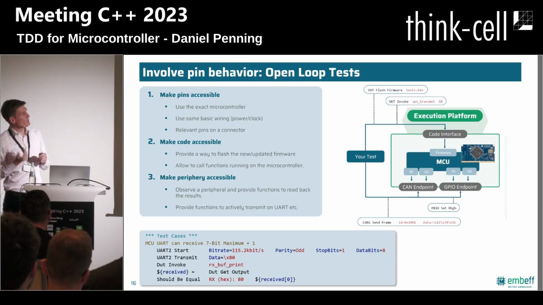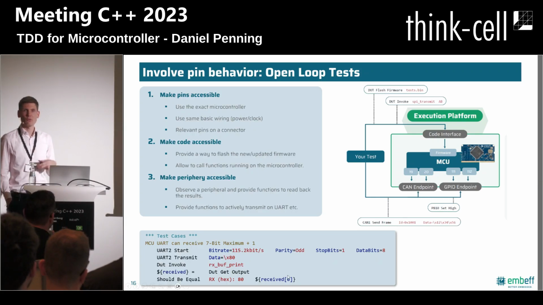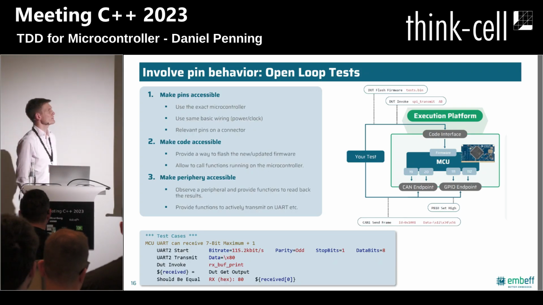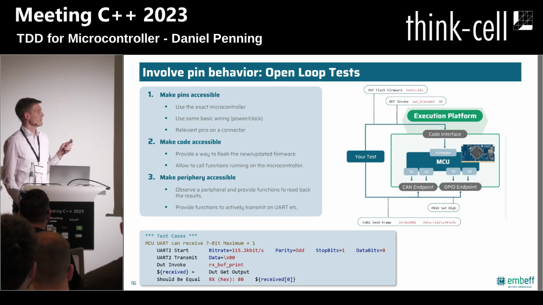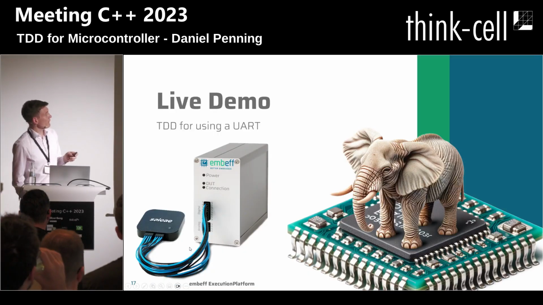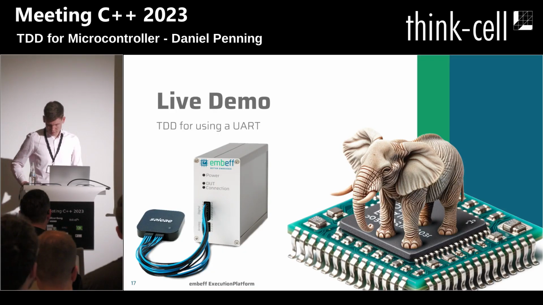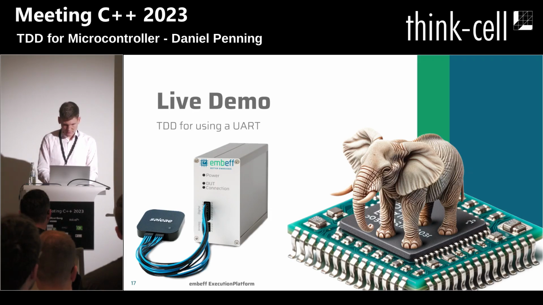And then, with this principle in place, you can write tests. The tests for our system are written in Robot Framework. It's an open source framework, a really good framework for all kinds of automation. If you go in this direction, take a look at Robot Framework. Highly recommend it. And all the functionality and the periphery is available here as keywords. But yeah, we have enough time. I will make a brief demo. Let me switch here.